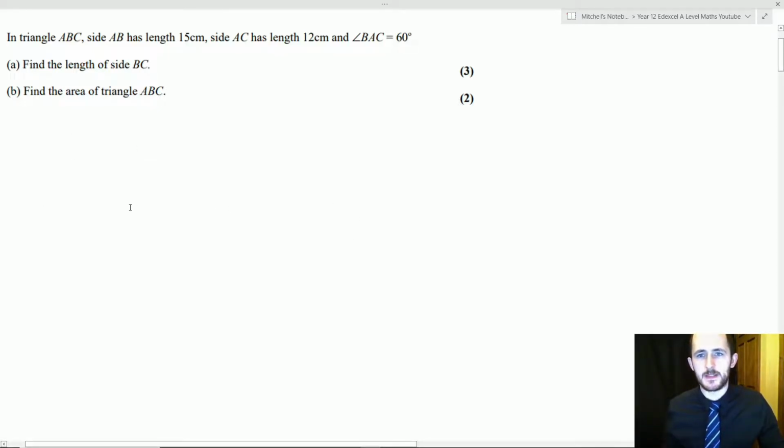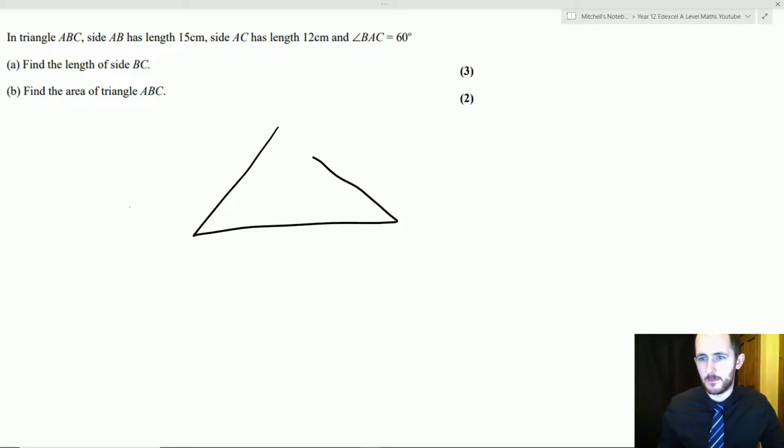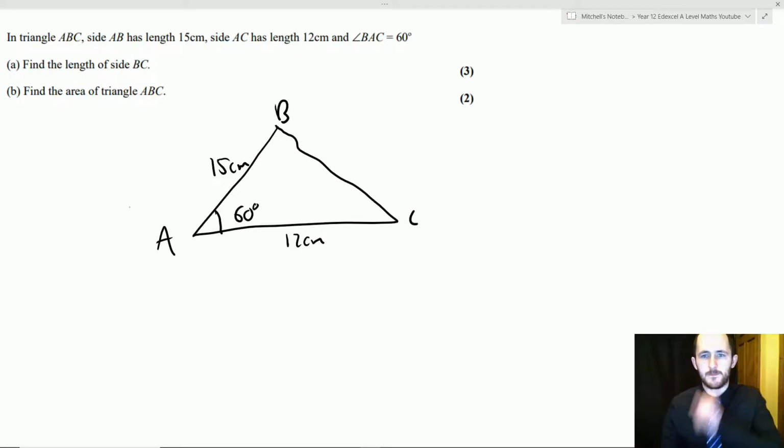So we have a triangle ABC. What I like to do in all of these questions is to draw out exactly what we're talking about. So we can just label them from left to right, A, B, C. Side AB is length 15 centimeters. AC is 12 centimeters, and BAC, so that's the angle between them, is 60 degrees. And for part A, it just says, find the length BC. It's looking for this one here. So all you need to do here is, if we label this X, for example,